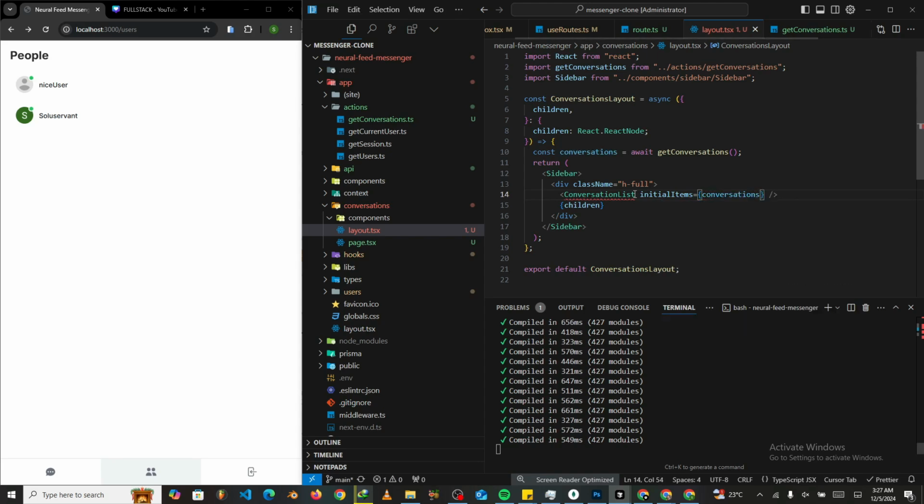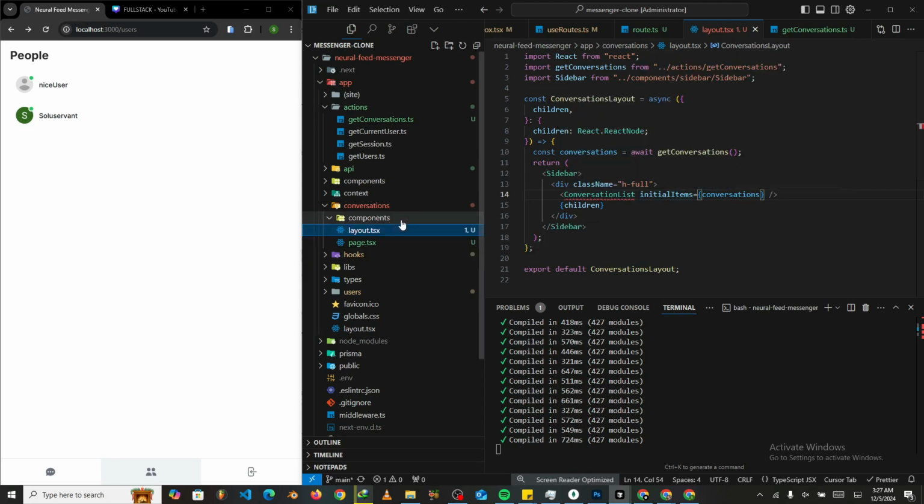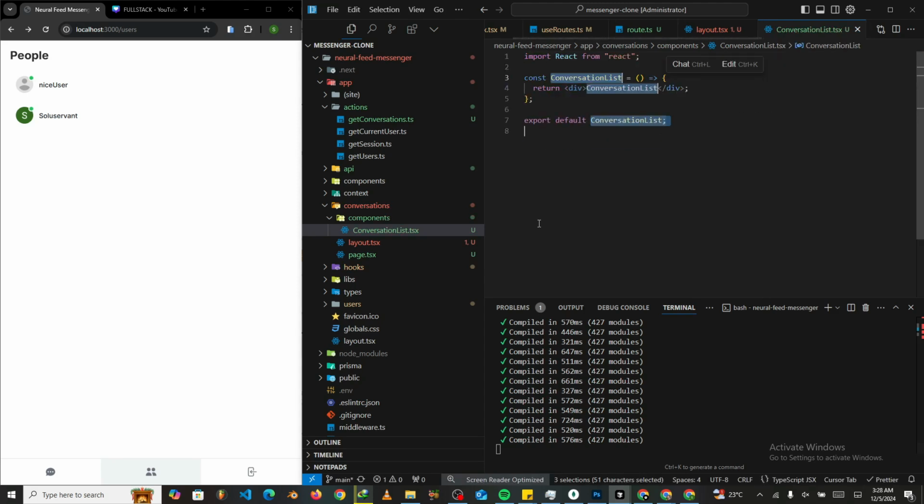Buy yourself a cookie. So right after doing this, what we want to do is inside this components folder, which has been pre-created like I said before from the beginning, we want to quickly create conversation list.tsx. Nice one. Then right after setting this up, we want to say refce so that we can get rid of the error